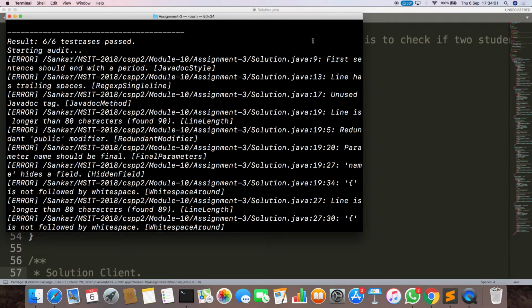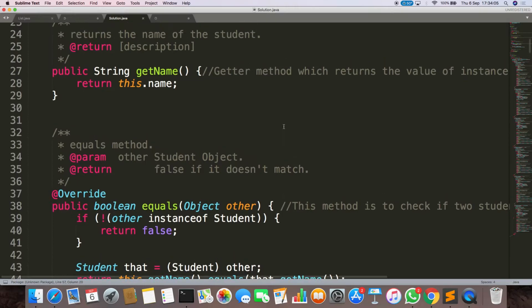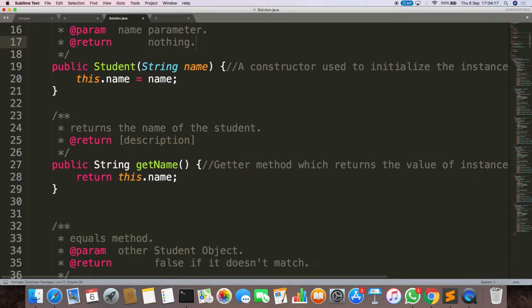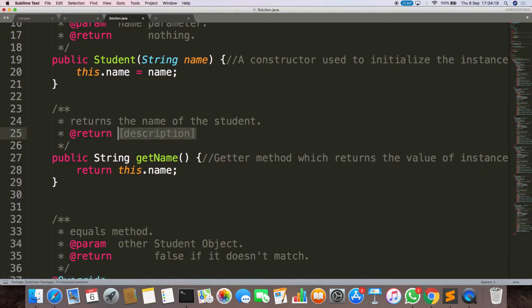Perfect. Next, at line number 17, unused Javadoc tag. Line number 17. Here, @return, we fill in. Name, parameter, return, nothing. Return, name of the